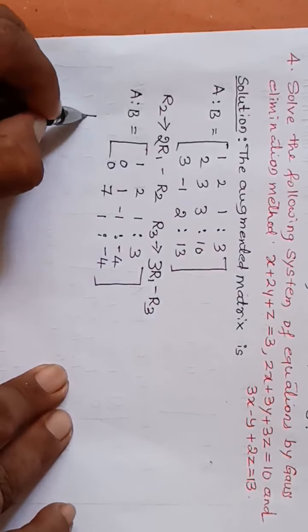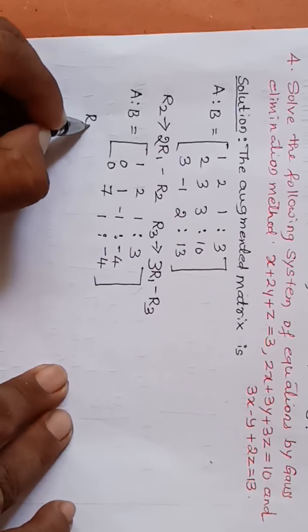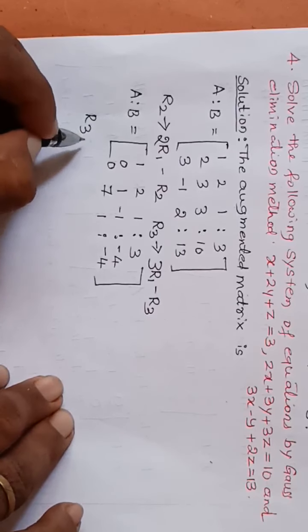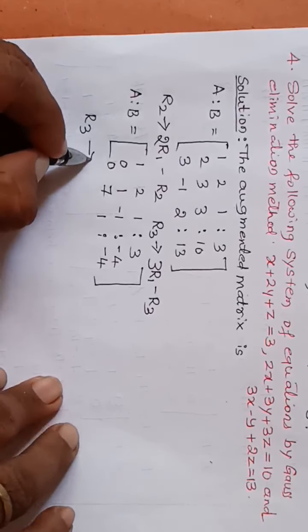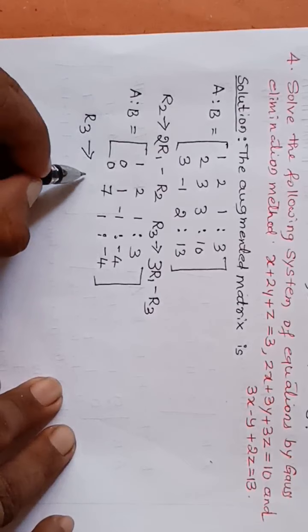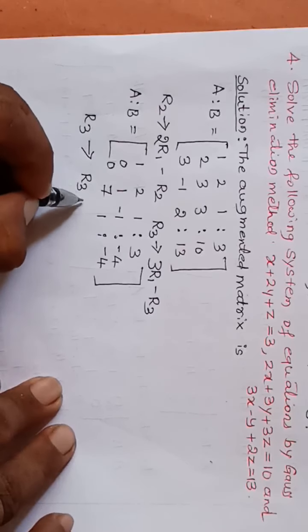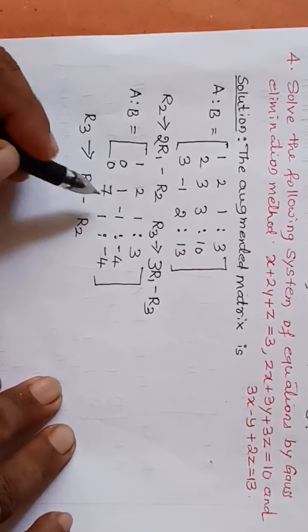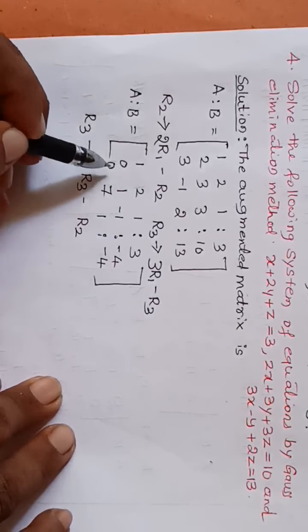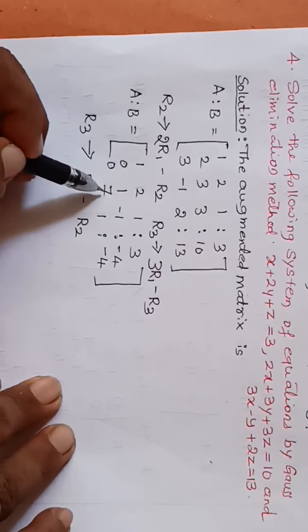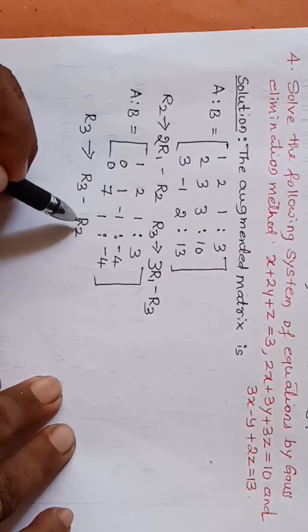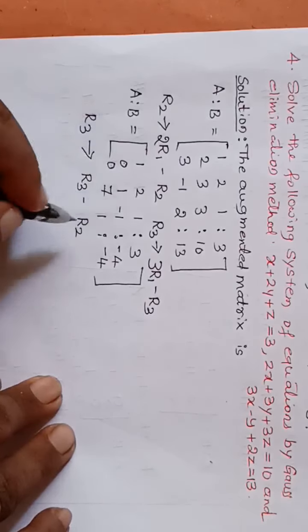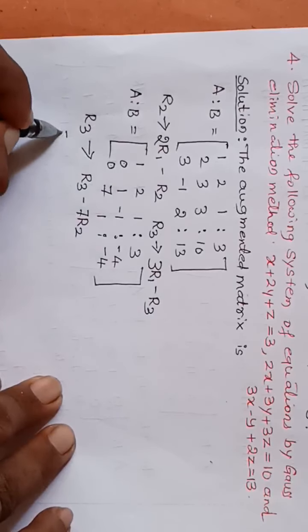Again we'll operate on R3: R3 minus R2 gives 0 minus 0 is 0. Next 7 minus 1 is 6, but we require 7 minus 7, so make it R3 minus 7R2. So the matrix becomes